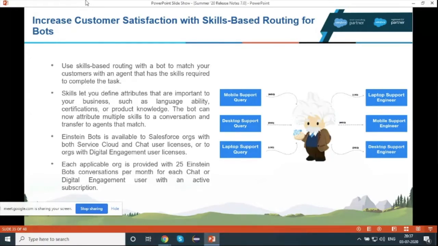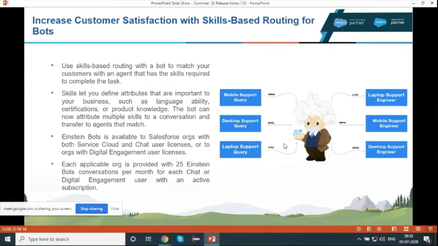Increase customer satisfaction with skill-based routing for bots. So Einstein bots now have skill-based routing also. As you can see in the image, let me explain this image. Suppose there is a company that deals with mobile support queries, desktop support queries, and laptop support queries.